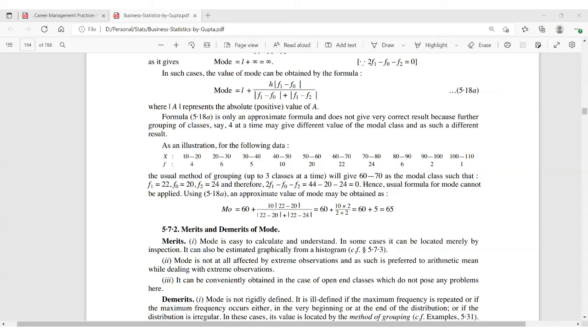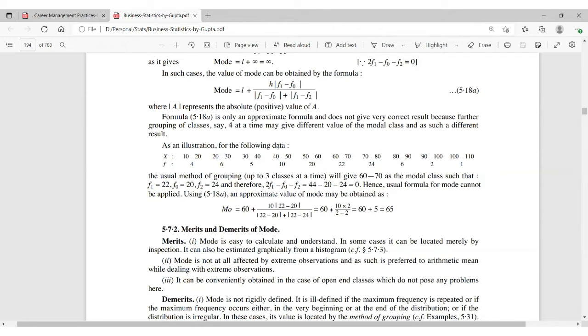But in this you have seen 24 is the maximum number in frequency, right? So this should be the model class. Since 24 is the maximum, the 70 to 80 class should be the model class. See in this example, what you have seen, pay attention to this, it is a very important point. What you have seen, maximum data